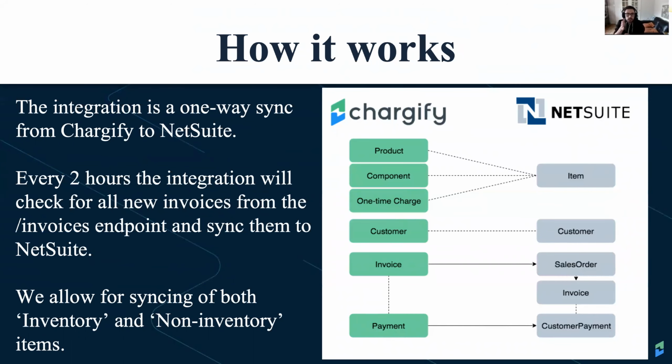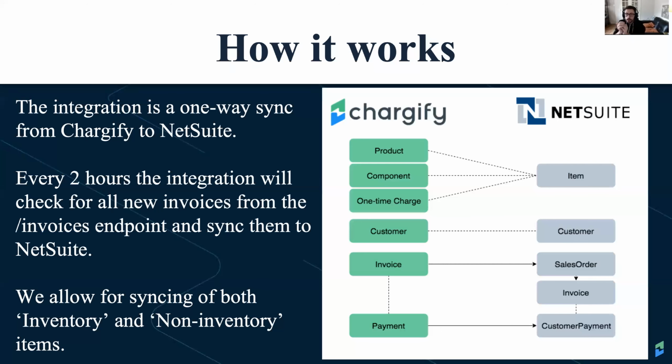So how it works is it's a one-way sync, Chargify to NetSuite. Every 2 hours, the integration will check for new invoices on the /invoices endpoint. If there are new invoices, it will go ahead and sync them over to NetSuite. And we allow for syncing inventory items and non-inventory items. The workflow is a little bit different for each of those. We're going to cover those, and we'll look at examples as well, so you know how each of those